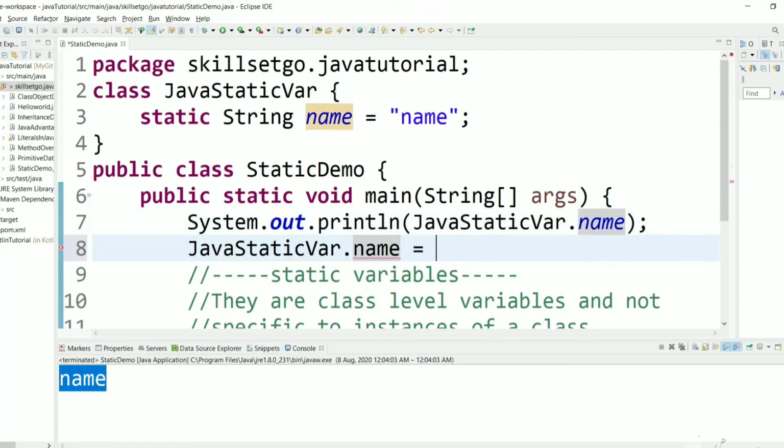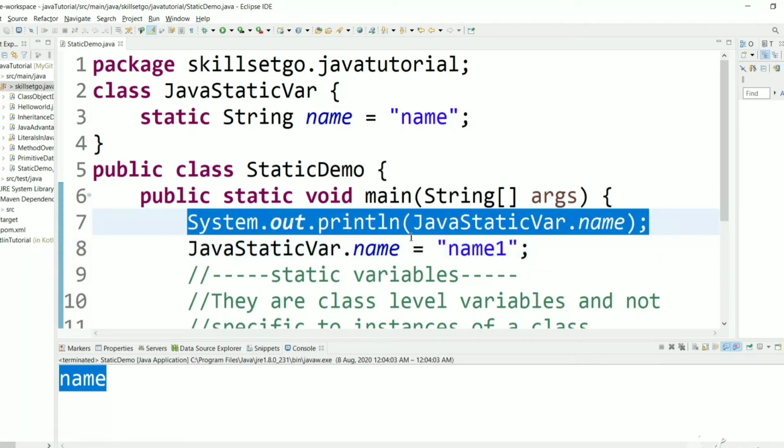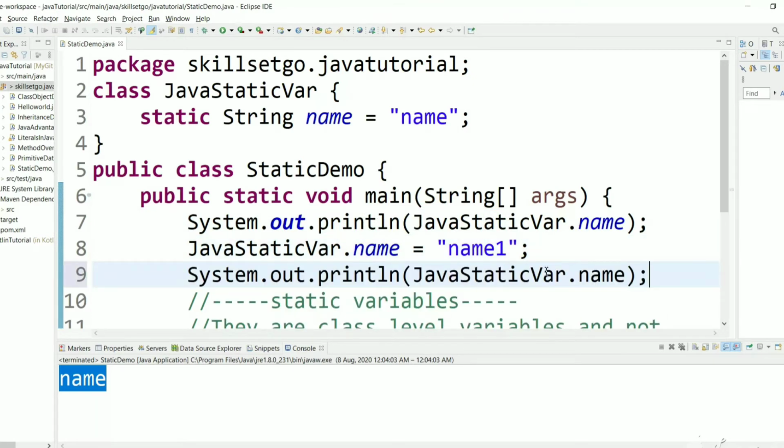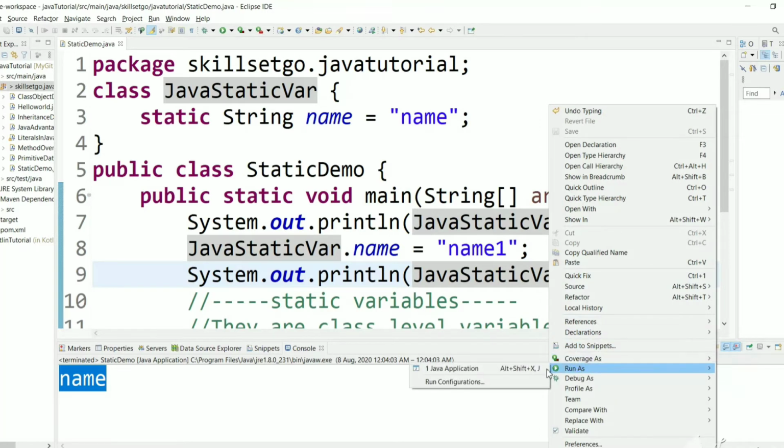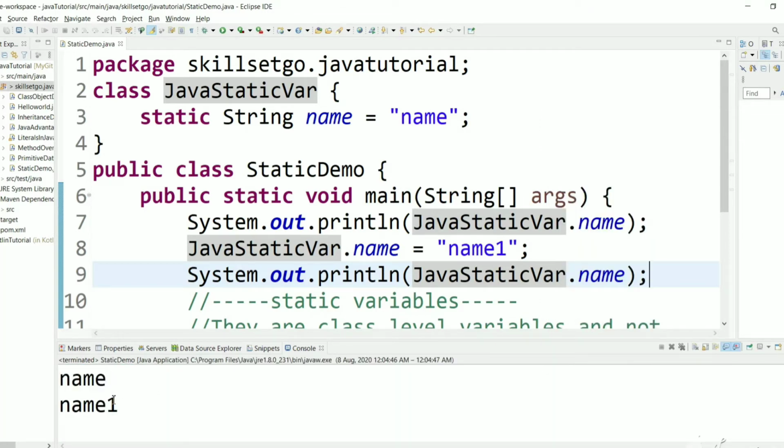We can assign one more name, name1, and now we will try to print it. Here we are not creating any object of this class, we are directly using the class name. And static variables can also be accessed using objects. Let's execute and see, we got name, then after changing we got name1.